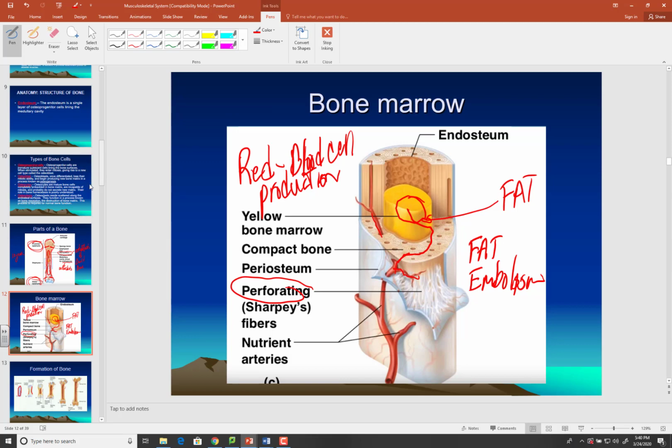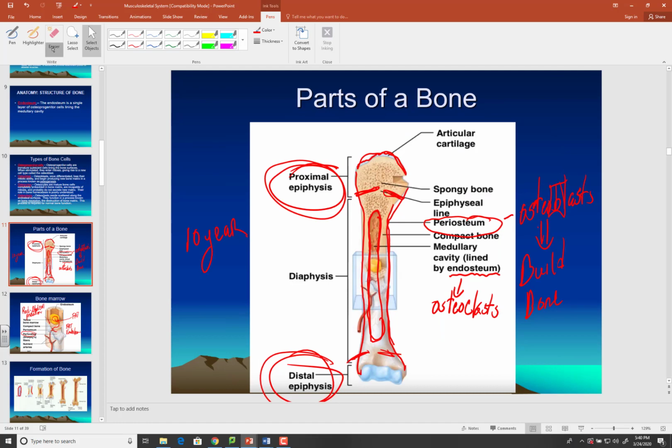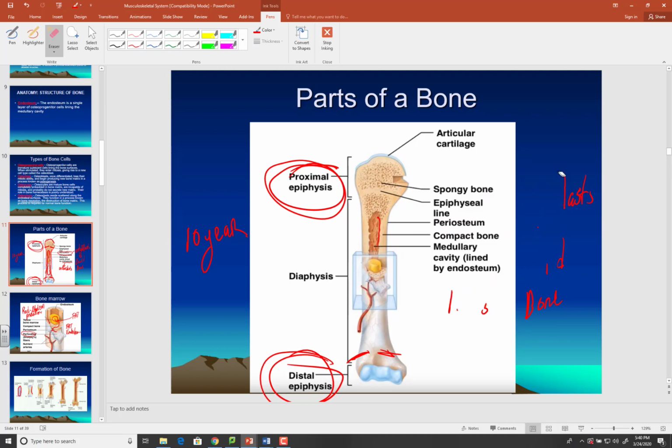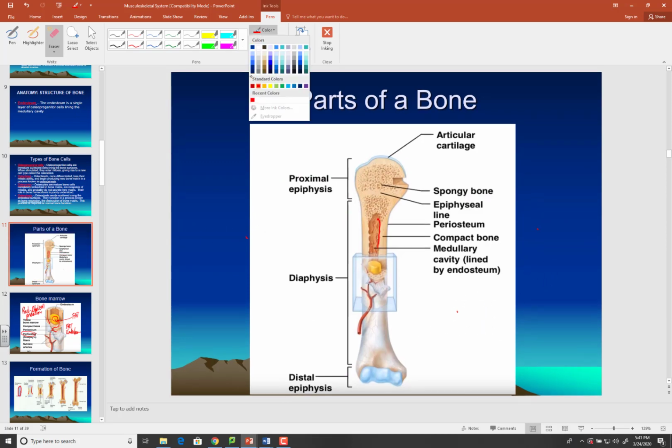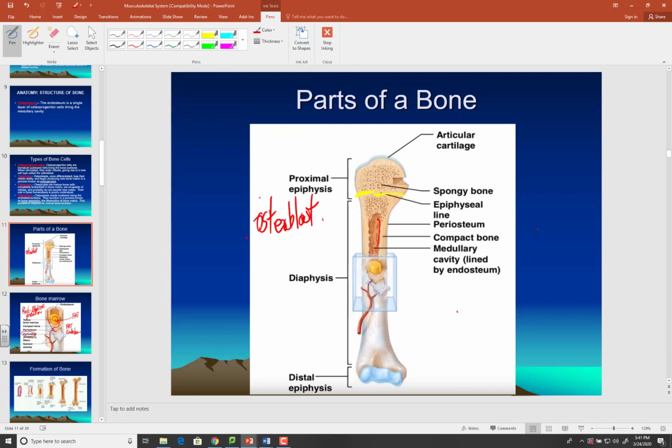Now, a couple of other things. When you look at long bones, we talked about these epiphyseal plates or epiphyseal lines. And these epiphyseal plates are loaded with cells called osteoblasts, right? And remember, osteoblasts are specialized bone cells that build bone. They lay down calcium and phosphorus. And that's the basic matrix or the makeup of bone. Now, there are hormones that can inhibit or stimulate these osteoblasts. And two of the big ones growing up,